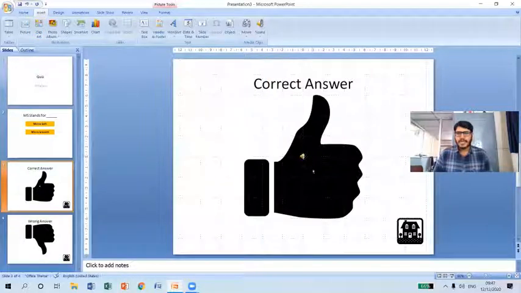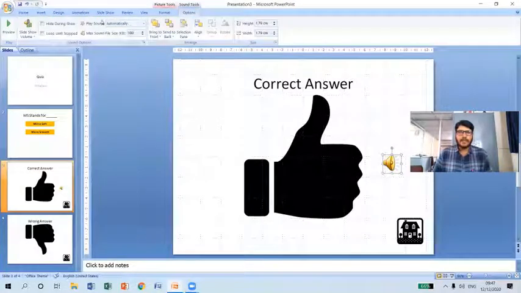Now let me click on the Automatically button, so that it will include a sound file in the slide. As you can see here, we have a sound icon displaying on the slide, isn't it? That means this particular slide has a sound file. And if I include a sound file, you can see sound tools options are appearing at the ribbon here, so you can select how this sound has to display.